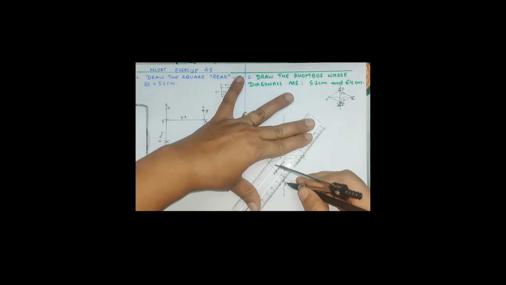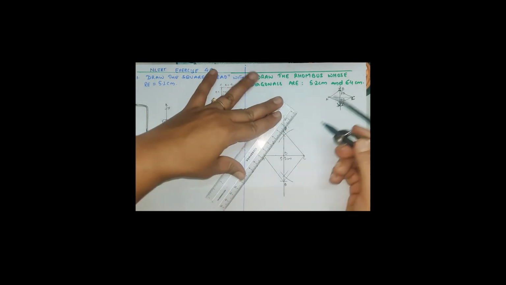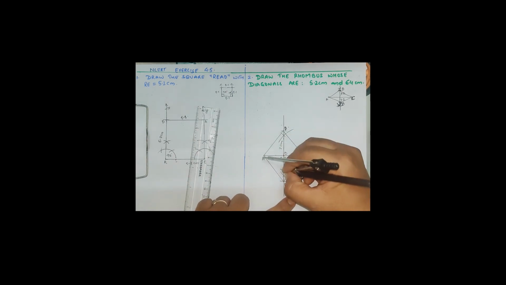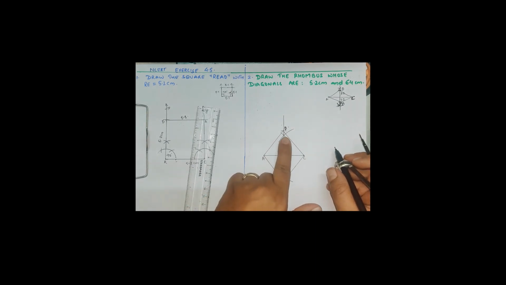Students usually make a mistake. I would like to put your attention on this. Just see 3.2. Without taking this 3.2 measurement, students generally cut an arc here only. In this arc they join the A and C and B and D, but this is the wrong way. You need to take the other measurement from point O on either side of the drawn bisector. So this is a very important point. Keep this in your mind while constructing this type of question in your exam.